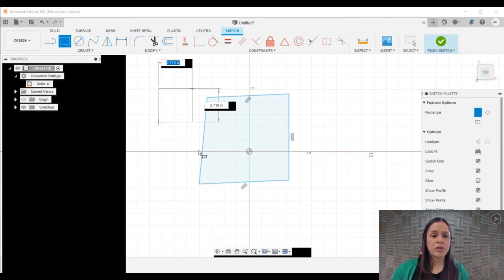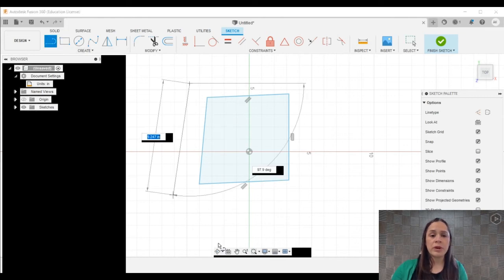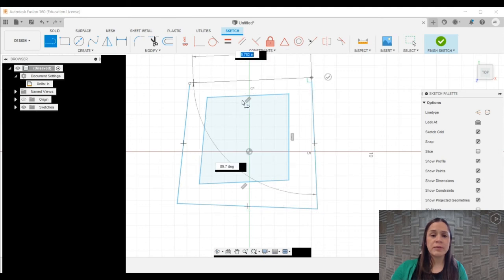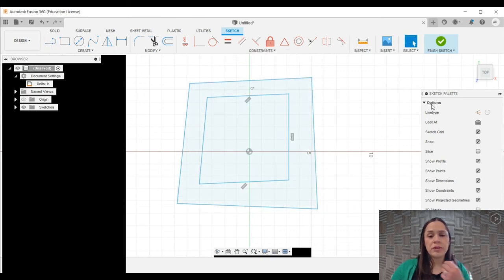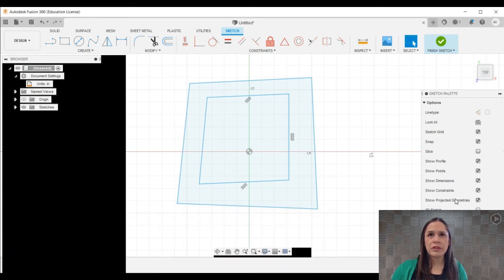So again, I'm just drawing, I accidentally got in my rectangle command. I am going to just draw two rectangles. Okay. I'm going to assume that the phone that I'm thinking about using is maybe around 6 inches by 2.5 inches. So if I'm thinking about a phone and a phone case for that,